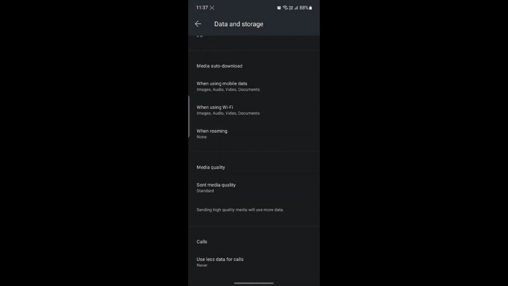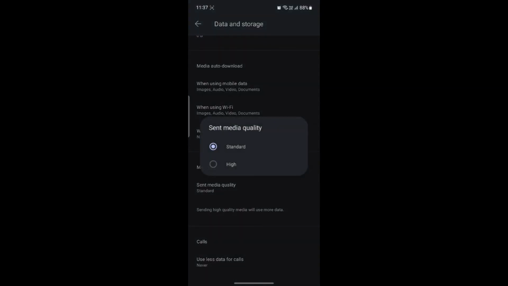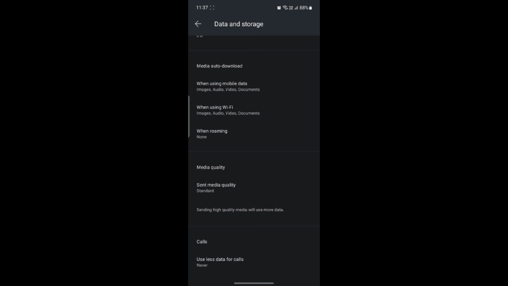So there are two settings, as you can see, which are standard and high. You can send high quality media, but it will use more data. You can select the high, but you must take care that your data will be going a little bit more